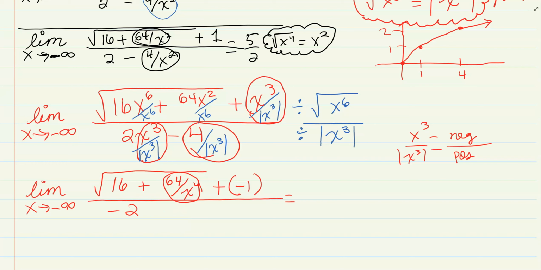on the denominator. And then you have square root of 16 is 4. 4 minus 1 is 3. You have 3 over negative 2, which is negative 3 over 2. Okay, so with this function, when x is approaching negative infinity, it is going to go to negative 3 over 2, whereas if you were approaching positive infinity,